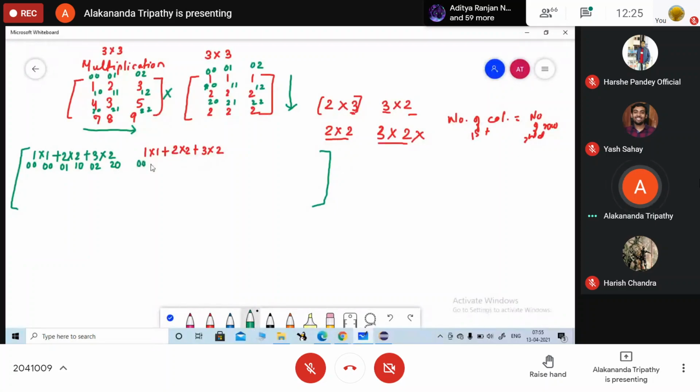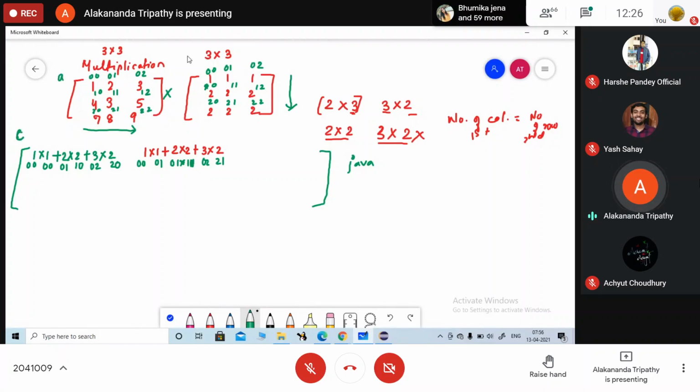ये क्या आ गया? 0 0, 0 1, 0 1. This is 1 1, 0 2 and this is 2 1. I am right? ये सही है ना? देखो तो. Yes, ma'am. Okay. So we are going to multiply in this order. So how we are going to write our code in Java in order to multiply in this way? Code कैसे लिखेंगे? So ये क्या है? This is my resultant matrix.